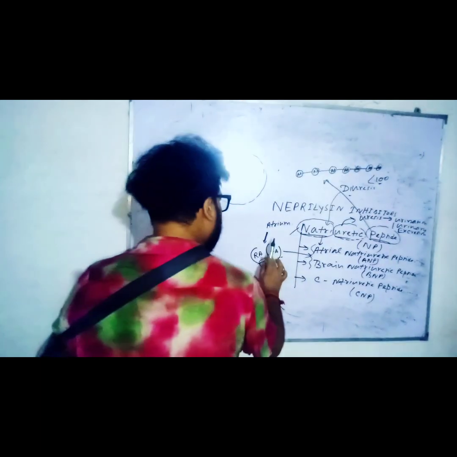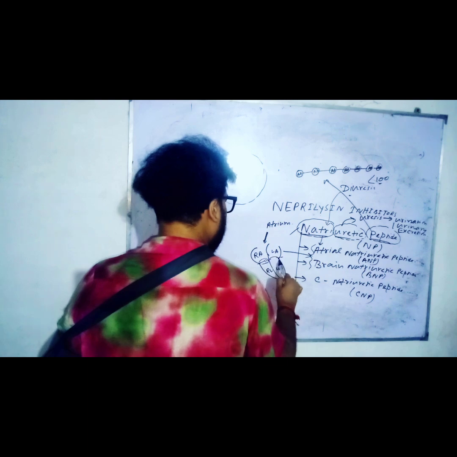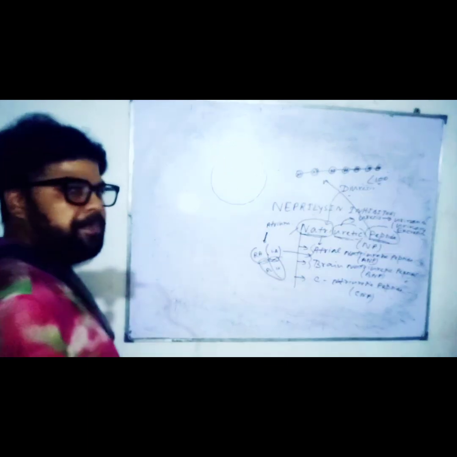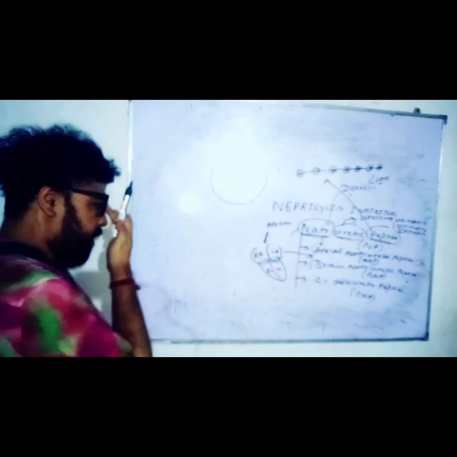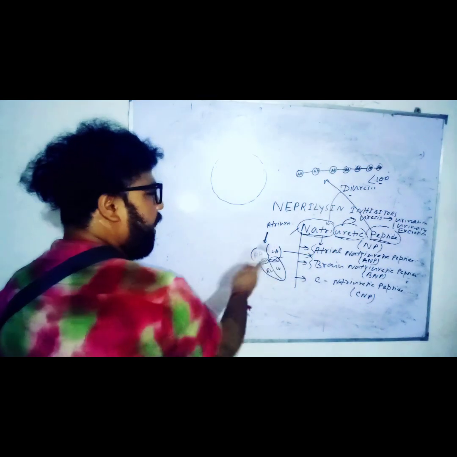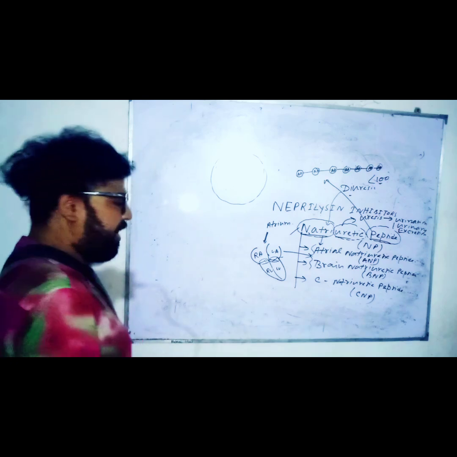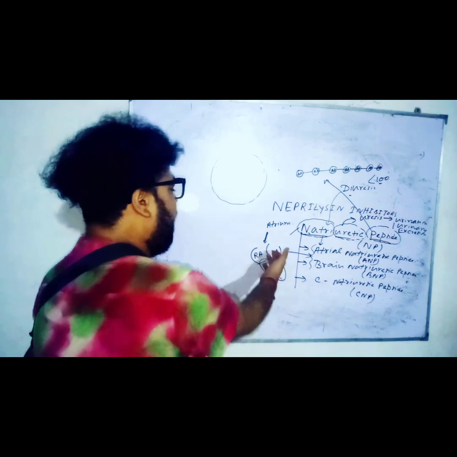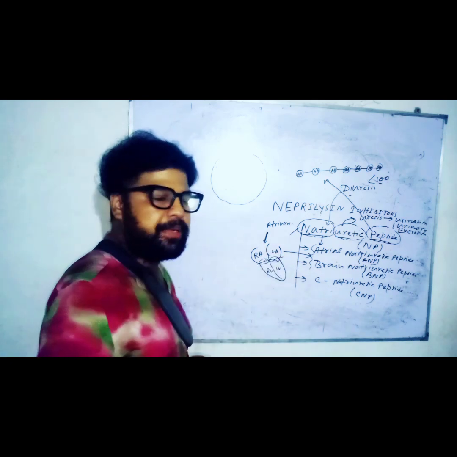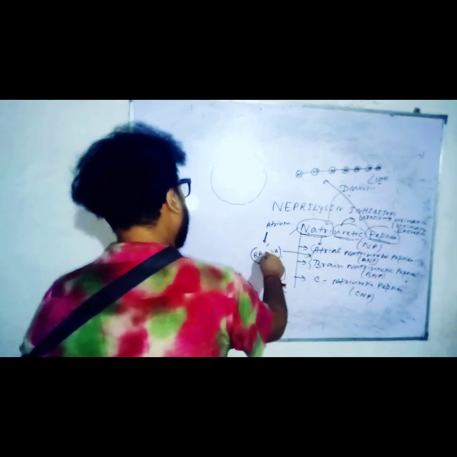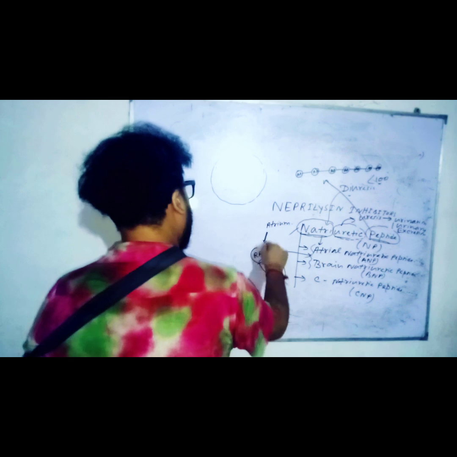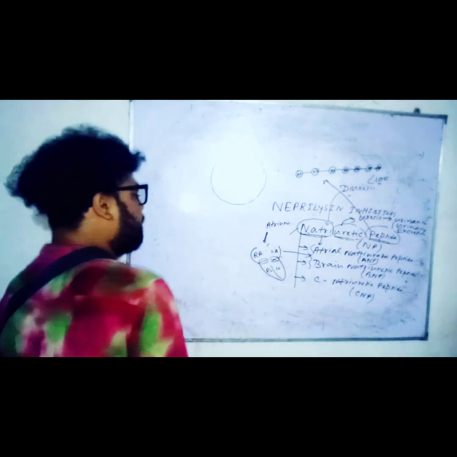And here is your bicuspid valve. The tricuspid valve is also known as the right atrioventricular valve, and the bicuspid valve is also known as the left atrioventricular valve. Not only that, this right ventricle is also connected